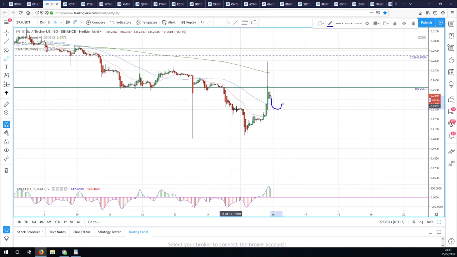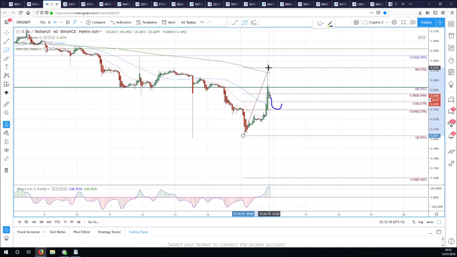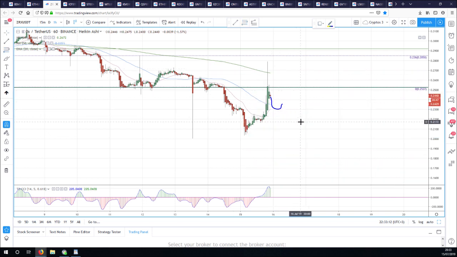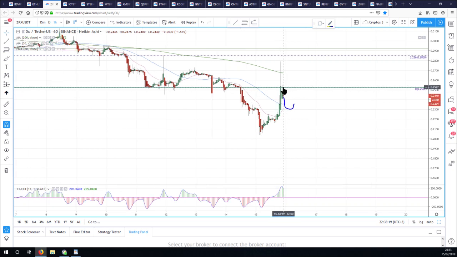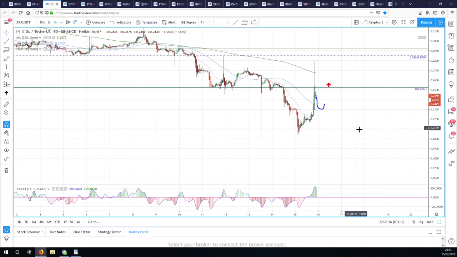And that, I would say, around this congestion level here, around 2.3 or maybe, where would that be? 2.23, maybe. On a pullback, if we found some support there and rallied and then came back and knocked on the door of this level, then I think that would be quite an interesting look if we could get back above 0.2527. But for the moment, it just looks like a really nasty shakeout, and let it calm down and come back again before we have another go.